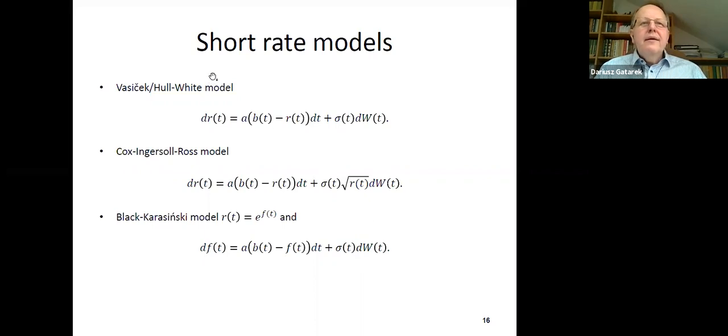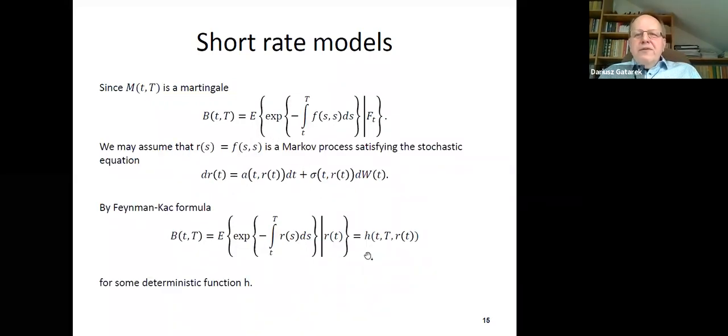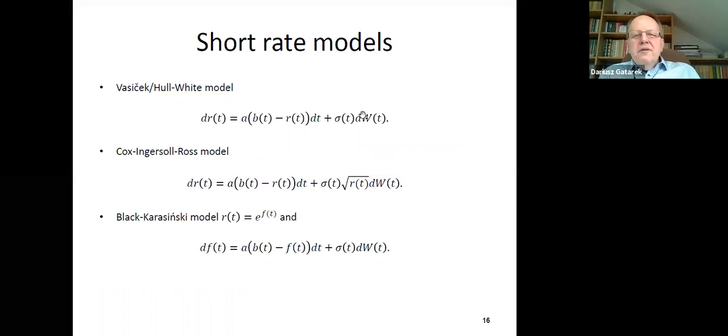And at the very beginning, these two models were considered better than the short Black-Karasiński model, because we had closed formulae for the function h, the function linking short rate with zero coupon bond price. For Gaussian models, because for Gaussian models we've got,